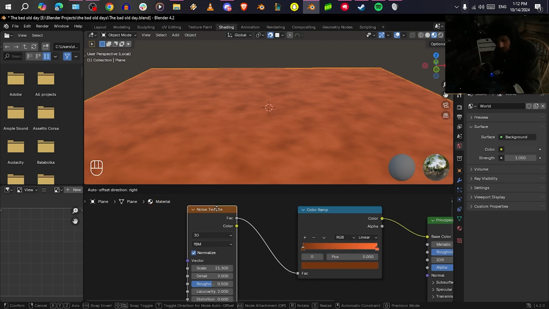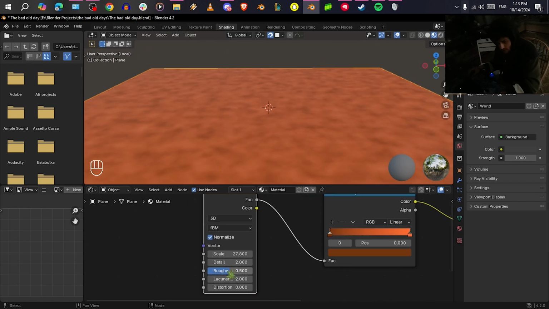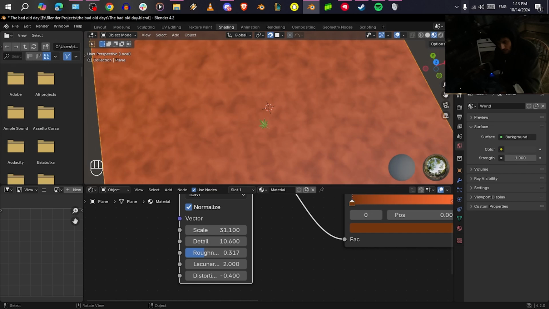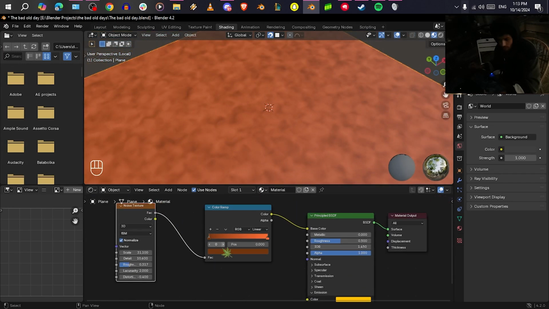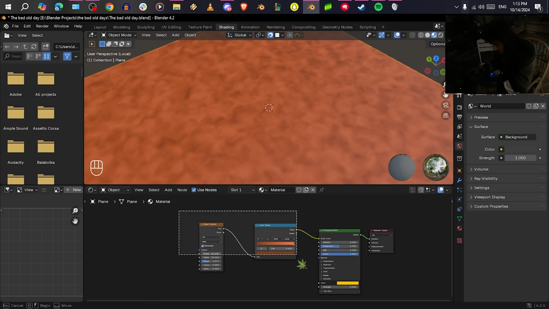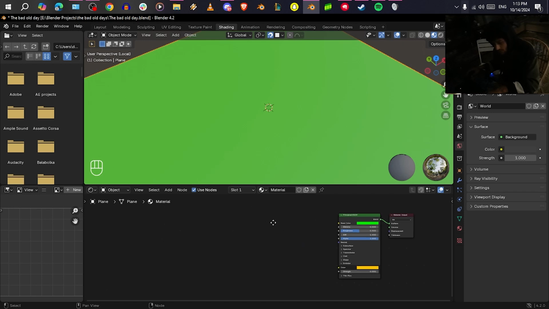So this texture node here will adjust this for us. Maybe we can give it more details and distort it a little bit. Maybe not. Okay, you get maybe a horse texture, I don't know. Okay, stuff goes like this. But I don't want to get into more details on this for now. I'll get to it if we want to make a specific texture, so that we can be more clear. Okay, so I'm going to delete this for now, and what I'm going to focus on today is